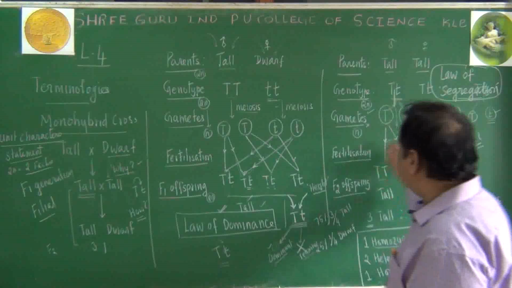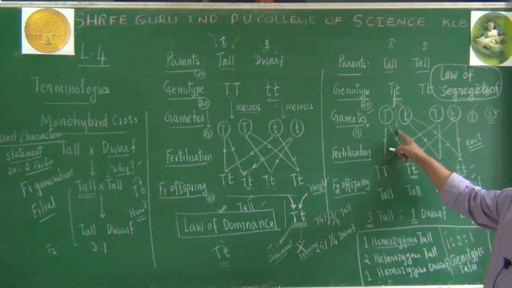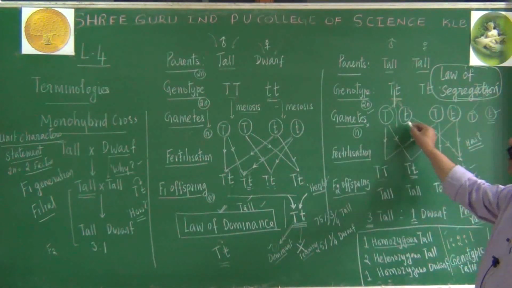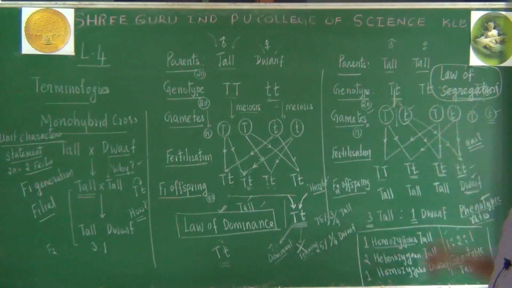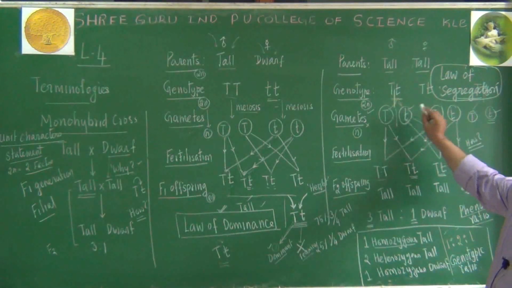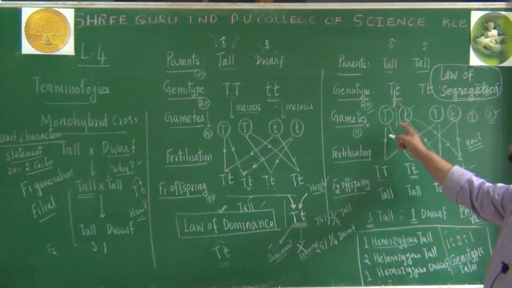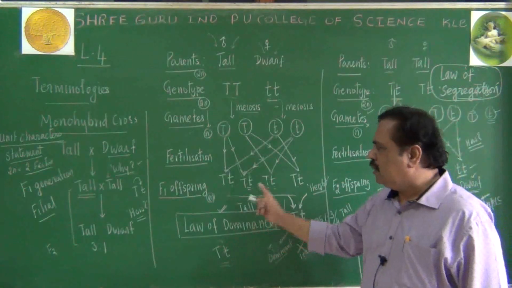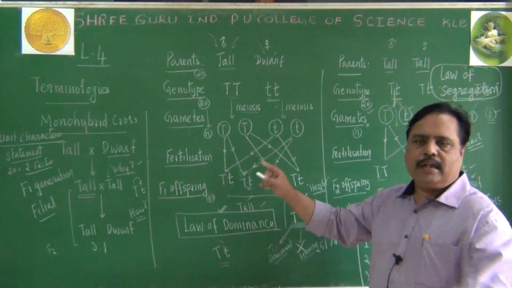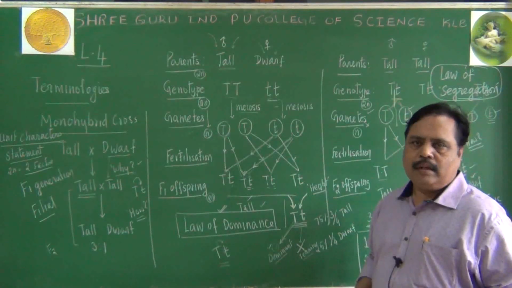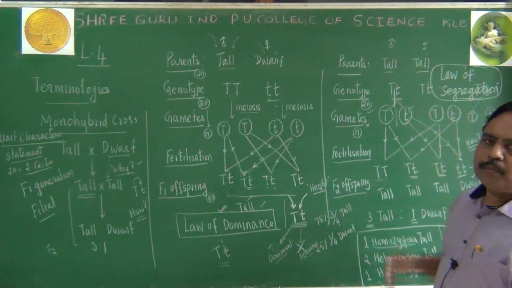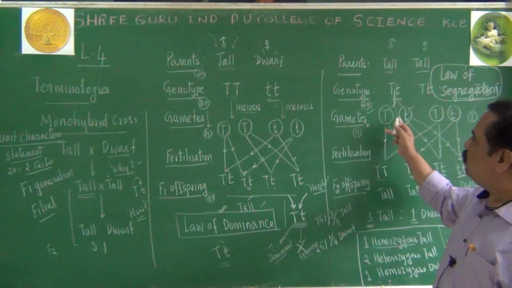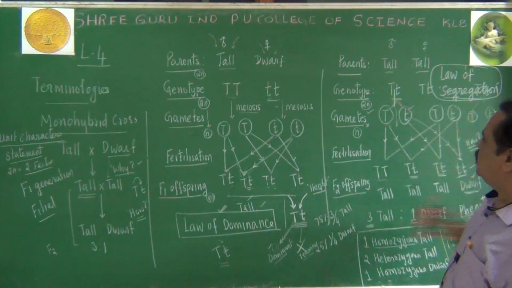Suppose when the bell rings, teacher will go away and student will go away, or they will be separating. Then students will start expressing, they will start talking. That's the nature, okay? They will start talking again. So, as long as small t is with capital T, it will not express. When it gets a chance to separate, it will be expressing itself. So that separation is called segregation.